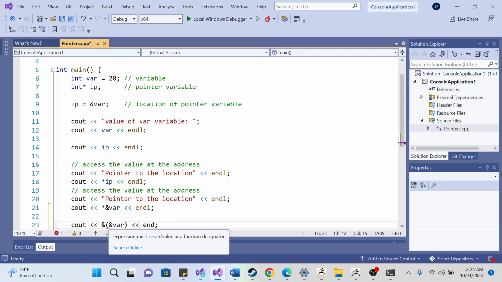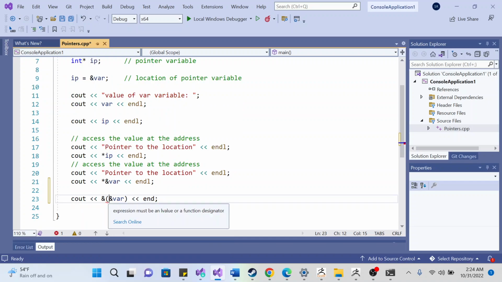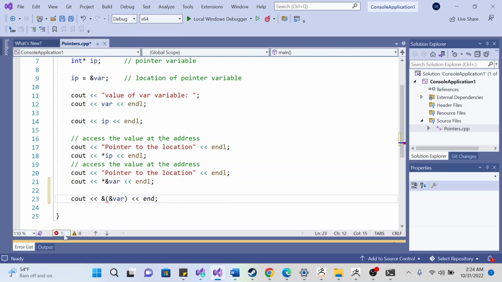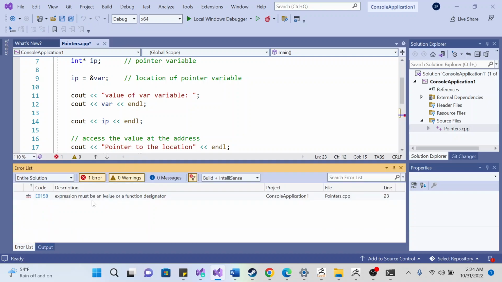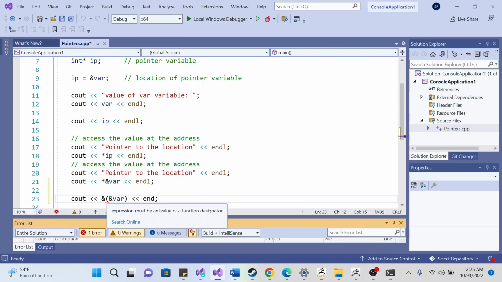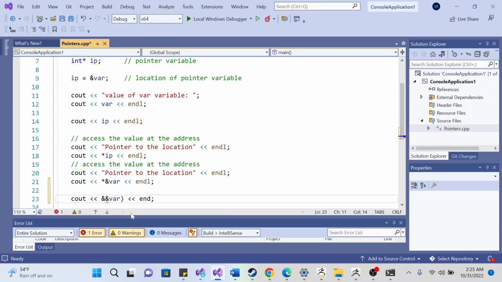Okay, actually it's not working. We get an error message if we do double &&, because here it says that the expression must be an L value or a function designator. So it's not going to work when we use &&, but it will work if you put